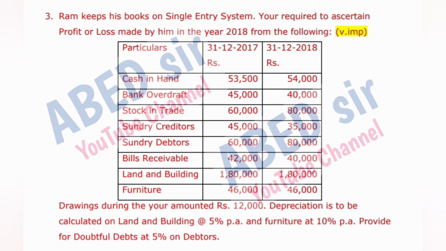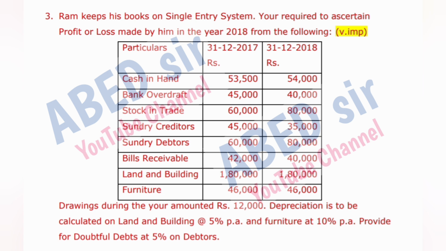Next important long question is 3. Ram keeps his books on single entry system. You're required to ascertain profit or loss made by him in the year 2018 from the following. Particulars, 31st December 2017, 31st December 2018, in rupees. Cash in hand